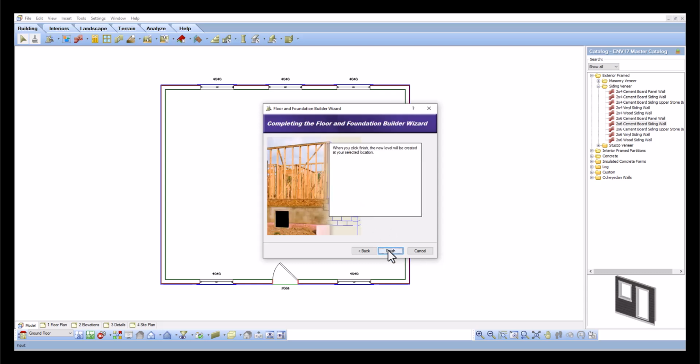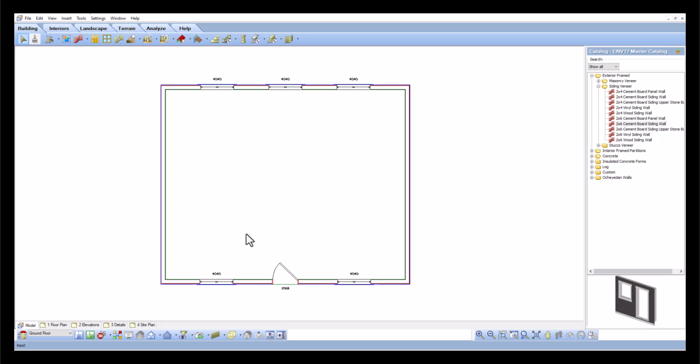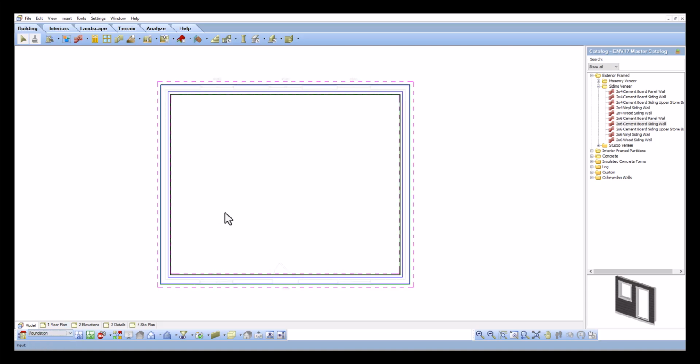Then we're going to select finish. We're going to go down into the lower left-hand corner, use the drop-down, and select the foundation location. And we can now see our foundation plan has been added in, and our footings are now centered underneath the wall itself. If we want to display the framing, we can simply go down into our view filter,